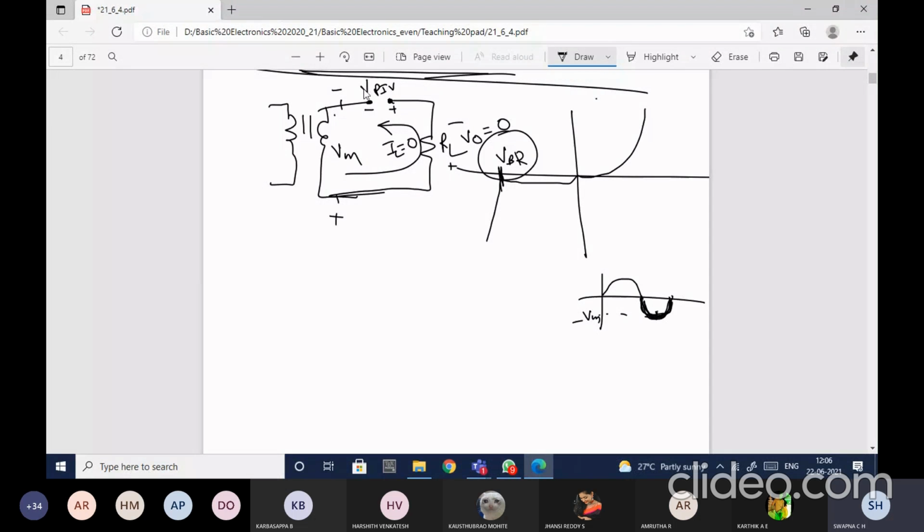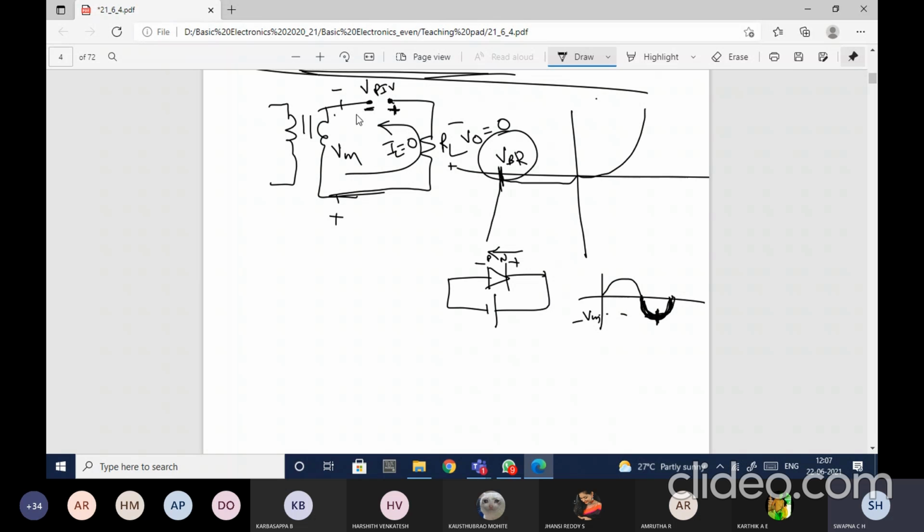This is the sinusoidal signal which I have considered. When the diode is reverse biased, the maximum reverse voltage that it was getting was Vm, so I have taken Vm. Since the diode is reverse biased, if you recall, a very small minimal current will be flowing in this direction, so this is positive and this is negative. That is the reason I have taken the symbol here positive and here negative. In other words, here is P and here is N. P is connected to negative and N is connected to positive. That is what I have represented here.